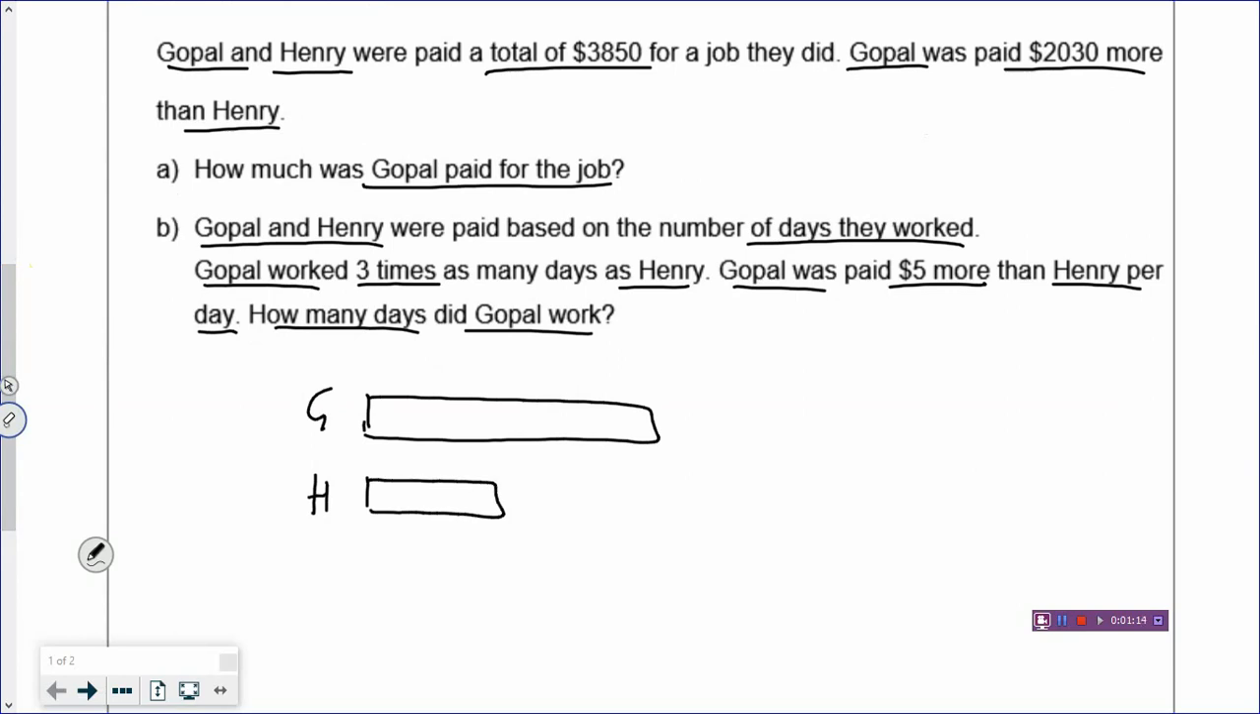And Gopal was paid $2,030 more. So this is the how much more, and the total money they were paid is $3,850. So even if you can't solve the problem in the exam, you can actually draw this model and you can work out a few steps already. So what do you do? You take the total and you minus 2030 and then you divide by 2 to get 1 unit, right? So let's take the total. So 3850 minus 2030, right? You have 1820, which means that